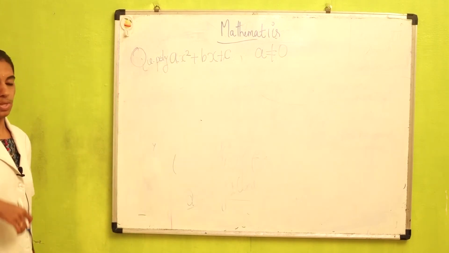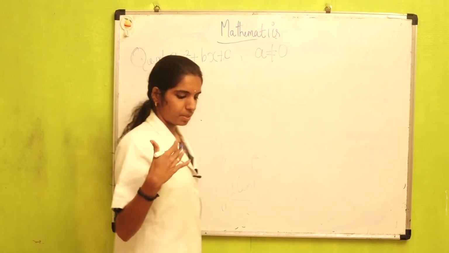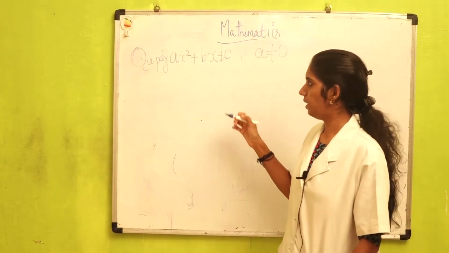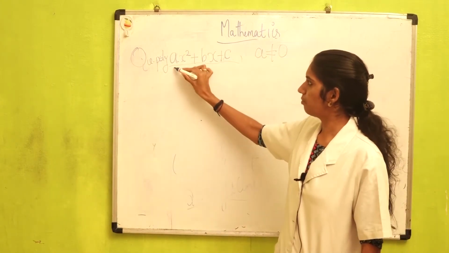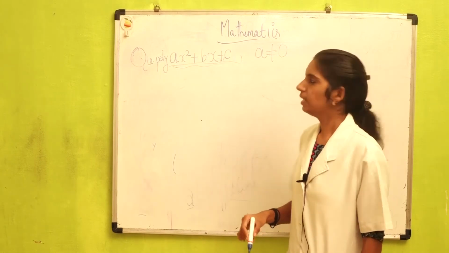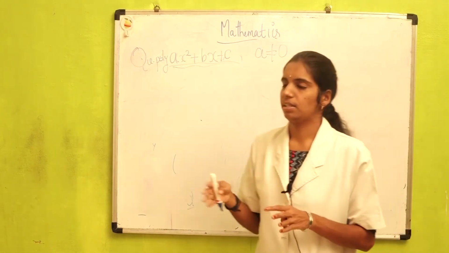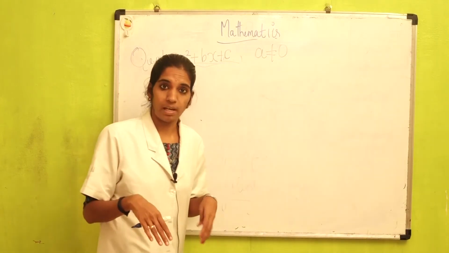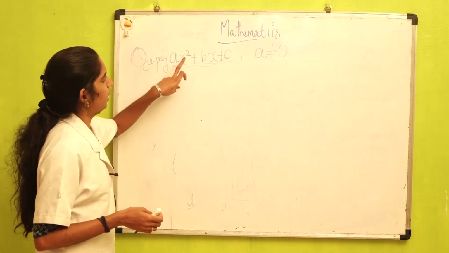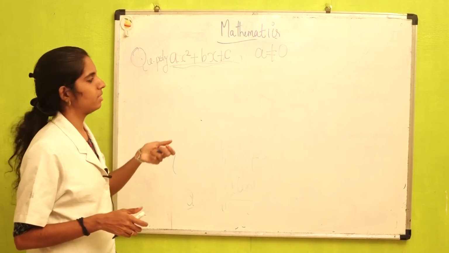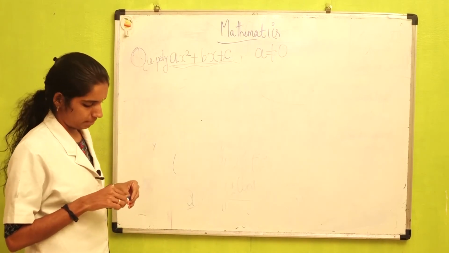Okay, so how will you find the zeros of this quadratic polynomial? Do you have any idea how to find the zeros of this polynomial? If you consider a linear, it's very simple, just equate that equal to 0 and find out the values of x. But here the variable is x square. So how will you find the zeros of this quadratic polynomial?